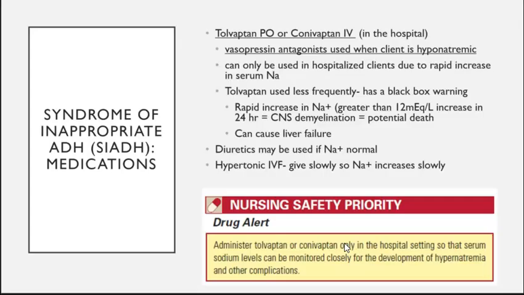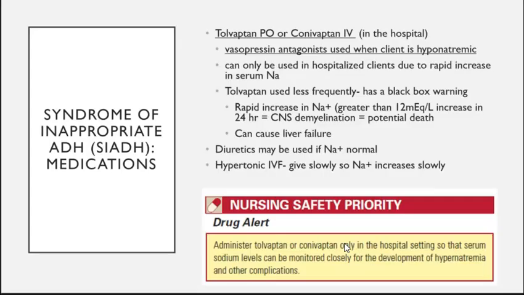Now the treatment for this, we want the TT to go pee-pee. So we want them to pee all that fluid out. We're going to give them a vasopressin antagonist. That's going to be your tolvaptan orally or your conivaptan IV. Remember, vasopressin is a synthetic form of ADH. Well, we want to give the opposite of that, so the antagonist. So vasopressin antagonist, your TT to go PP, tolvaptan,